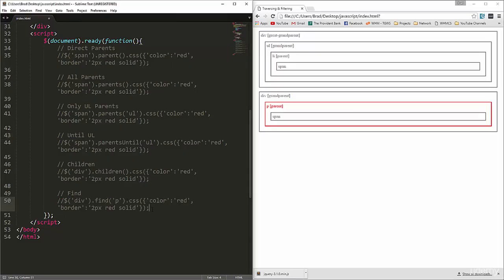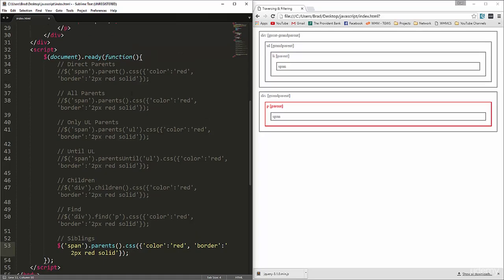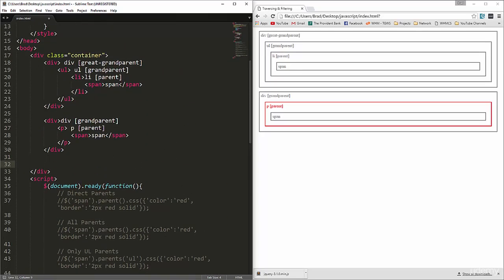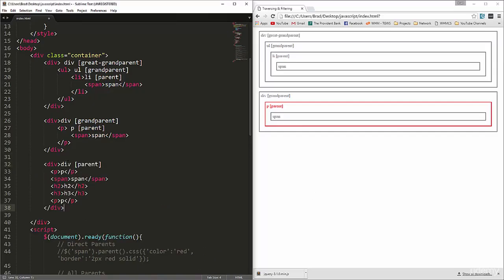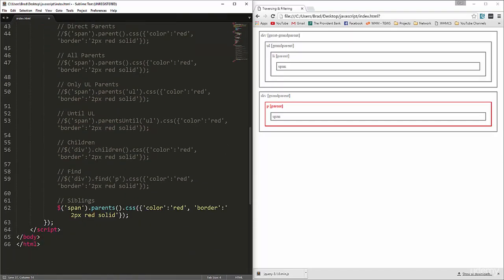Okay, another one we can do is siblings. So in here, let's go ahead and actually, you know what? We're going to add a little bit more markup up here. Okay, stay within the container. And I'm just going to paste this in. Okay, so basically we just have a div, and inside it we have a paragraph, span tag, h2, h3, and another paragraph. So we're going to, in here, for siblings, let's say h2